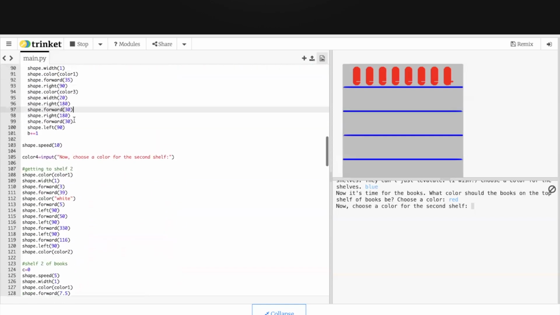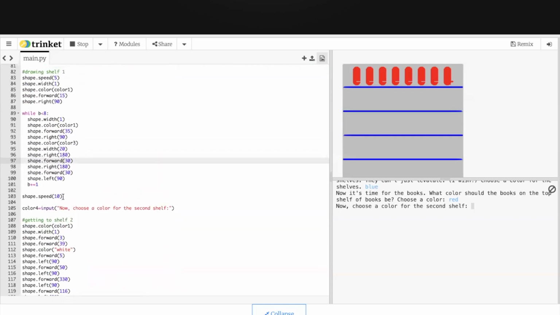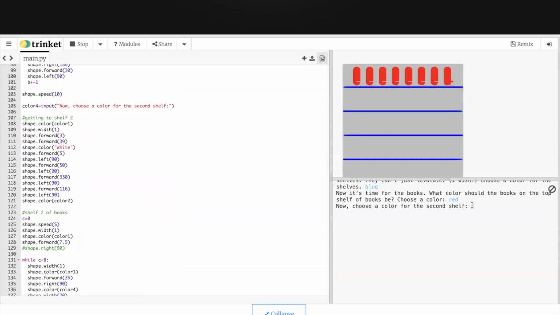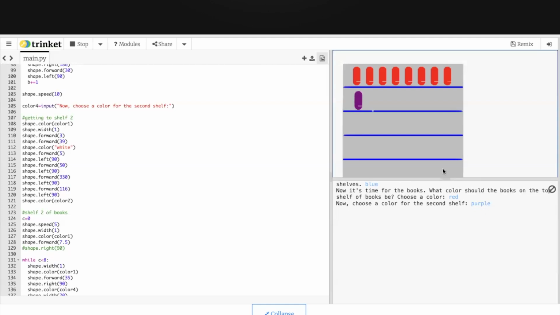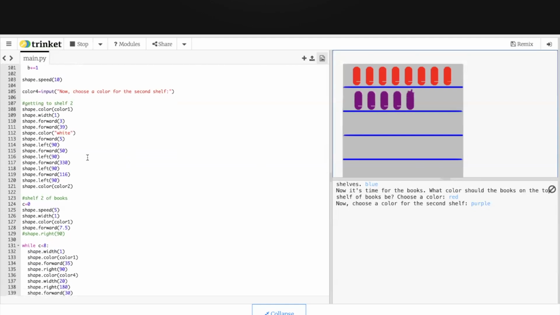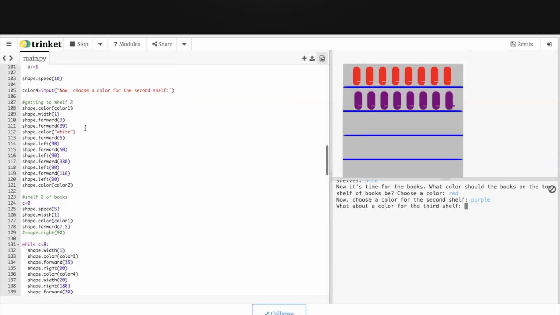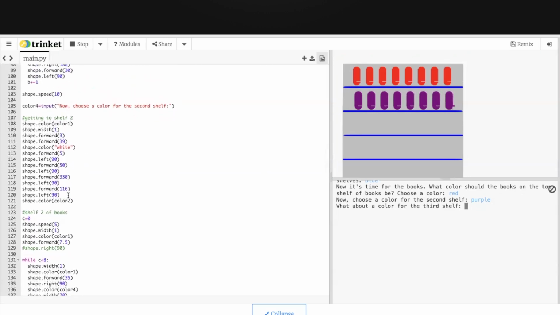So they changed the speed after that first row of books, and now we're getting ready for the second shelf. So we choose a different color. I'll say purple. And so essentially, this is the same process. This chunk is for actually getting to the second shelf. So again, they use the color of the shelf,